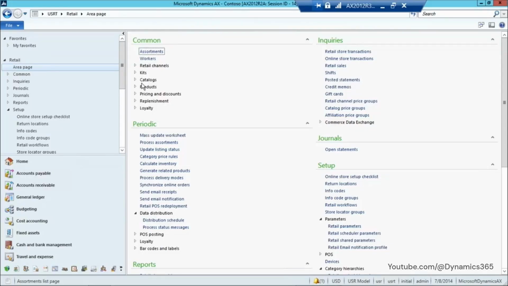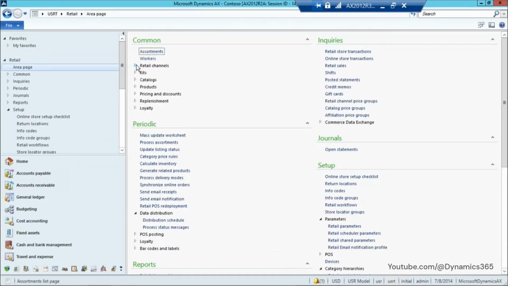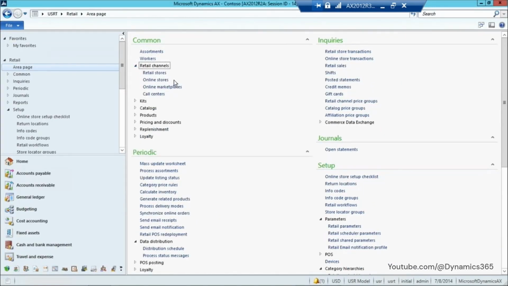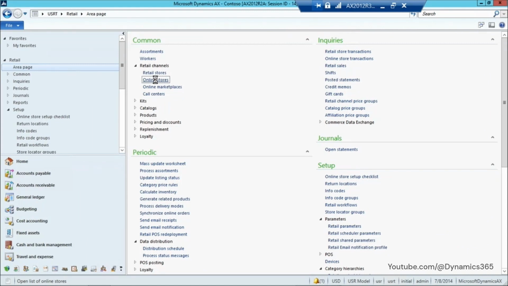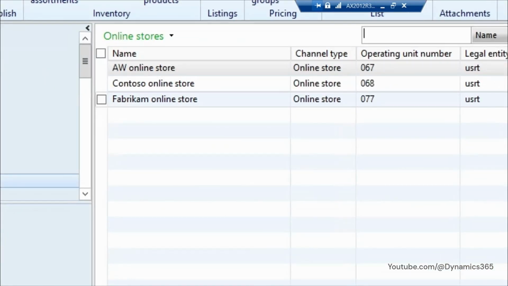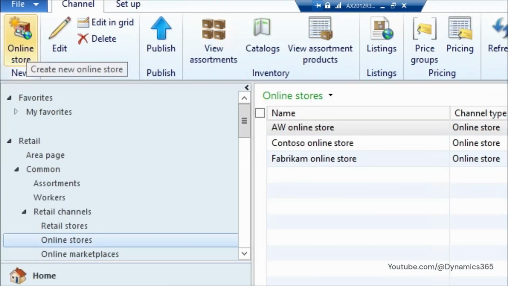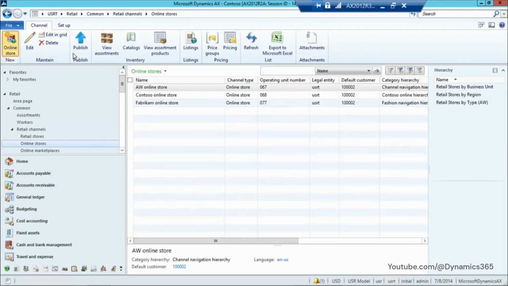So I am switching back to my VM. I am currently in USRT under Retail, and under Common you have Retail channels. When you click on Retail channels, you find a menu button called Online stores. So let me click on Online stores. Once you click on it, you will find 3 online stores that are already configured and available with the demo VM. However, if you want to configure your own new online store, you need to click on New, and under the Channel tab you find Online store. If I click on Online store here, you will find a new form getting opened,